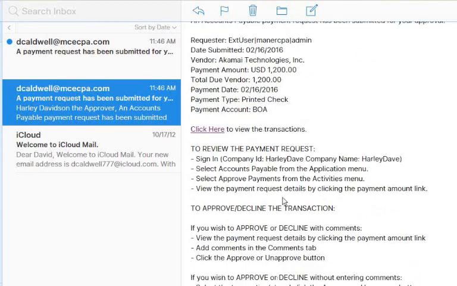Once you do that, you have these following instructions to look at and consider. Review the payment, so you're going to sign in. You're going to select the Accounts Payable application menu. You're going to go to Approve Payments from the Activities menu, and then view the payment request by clicking on the details. Now, once you've done that, you're going to have to make a decision